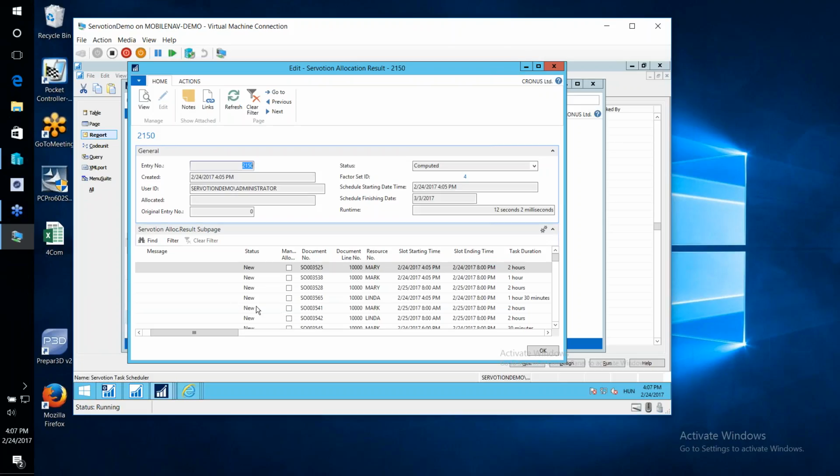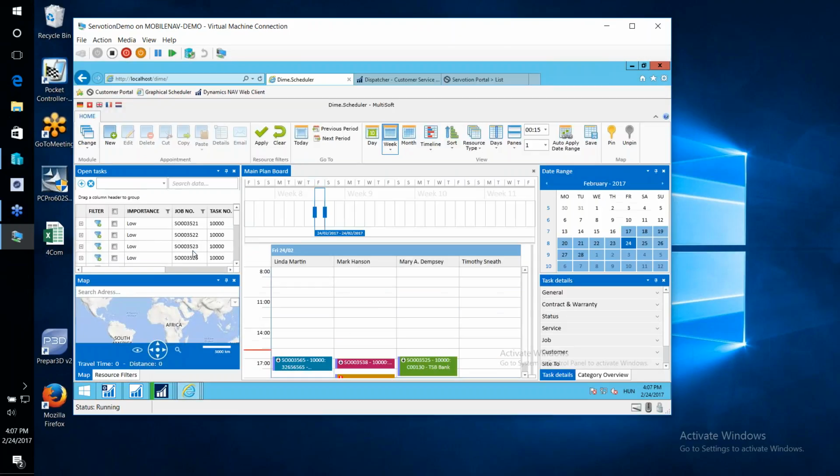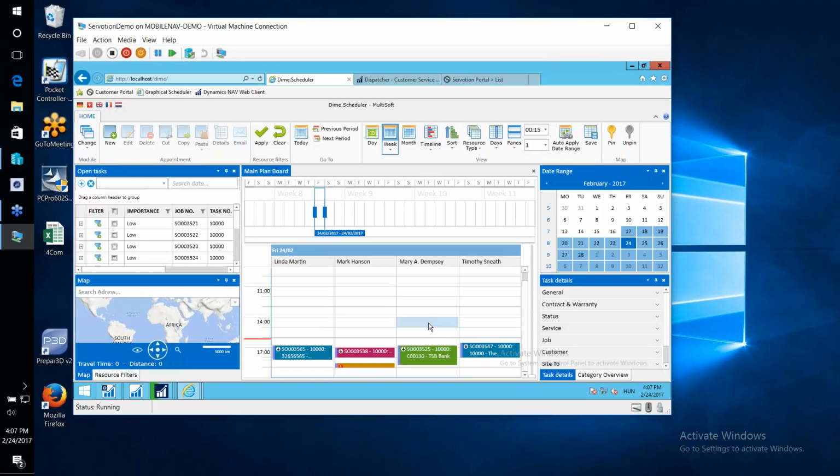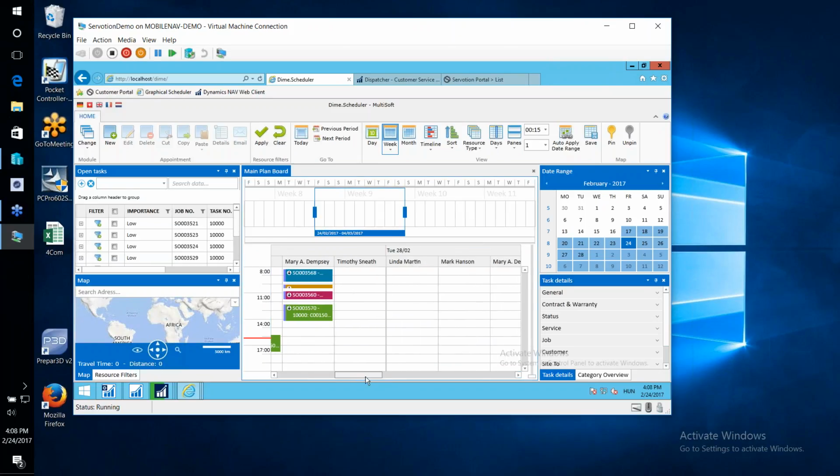It's good to replan the next week of the service technician. The only thing I have to do is hit the apply button here. And if I'm quick enough, we will see that the automatic resource allocator assigns the service tasks to the service technicians. It's filling